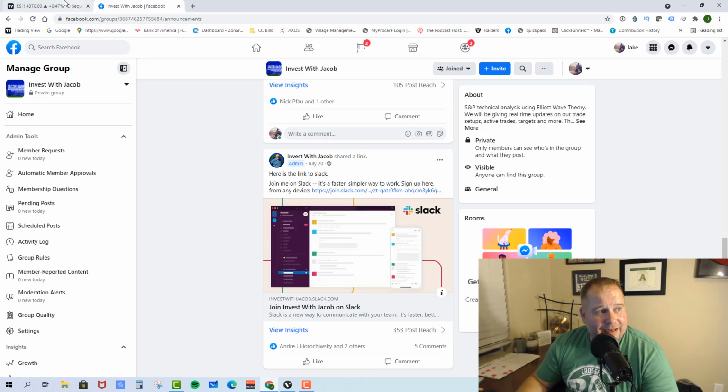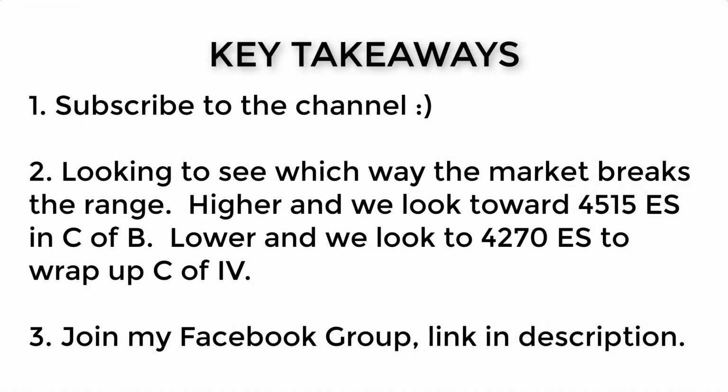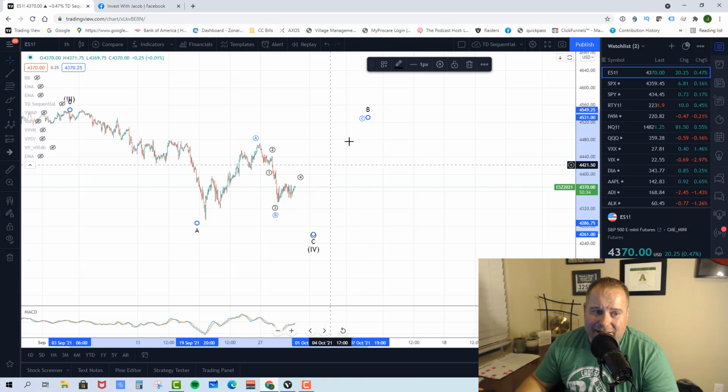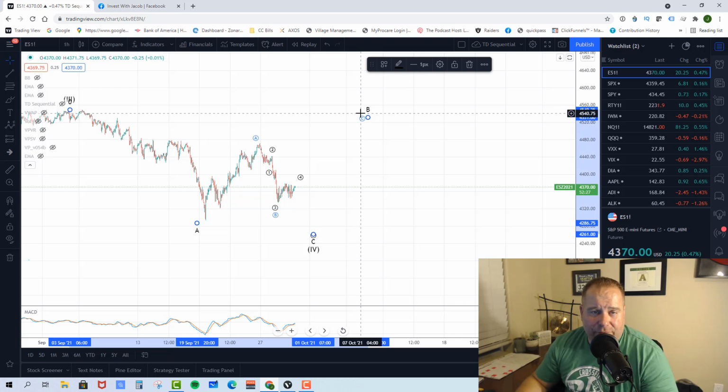Okay, guys, so key takeaways for today. We are basically watching to see how this move overnight plays out. Currently, it's up about 20 points. They've got a rally going on here that they're trying to push. If they're able to take out this high right here at 43.7775 and push higher, then it's very likely we are in this B wave up, looking for C down. The B wave target is 45.15 on the futures chart, and then we would get C down from that region there.